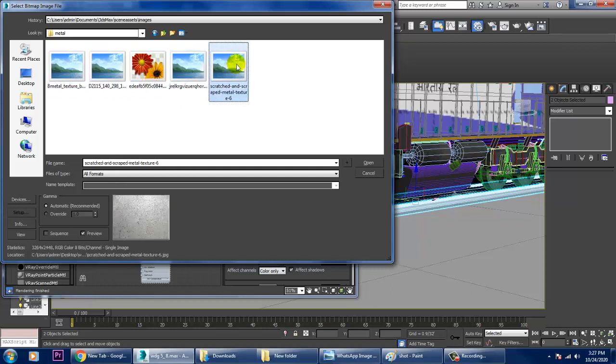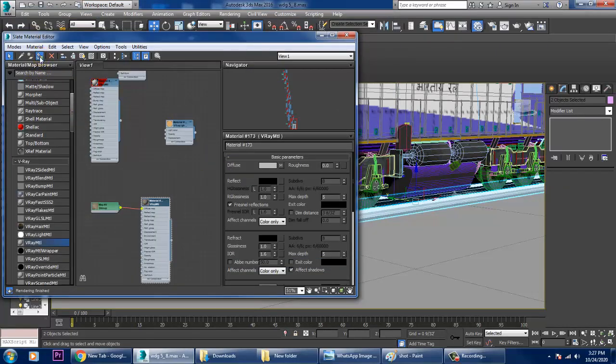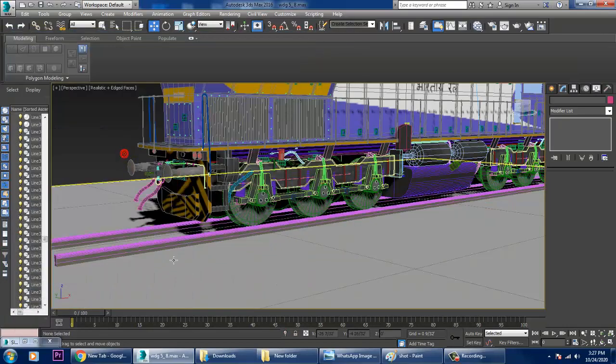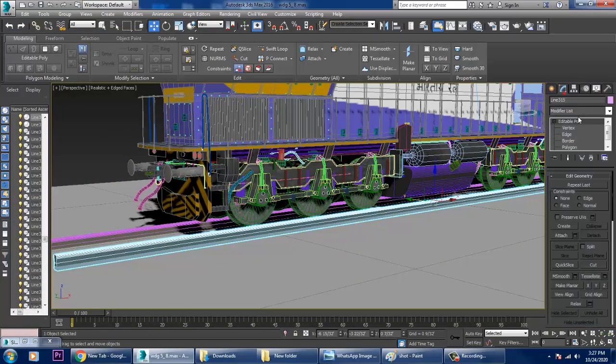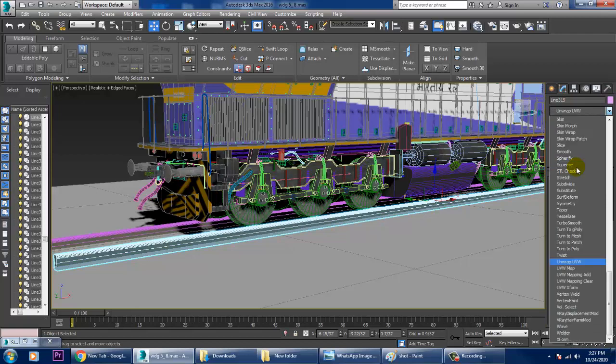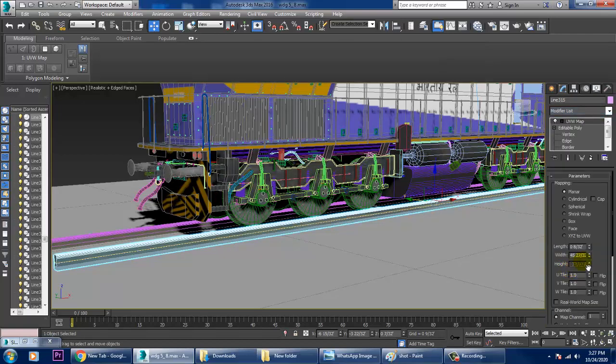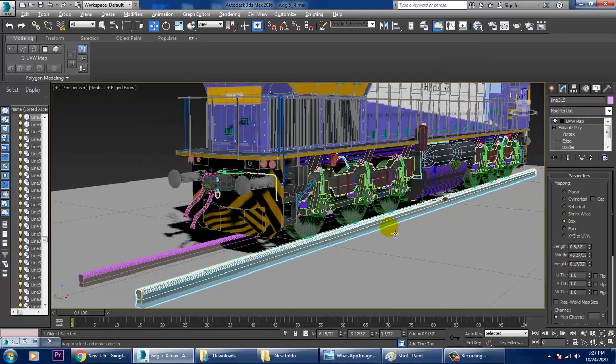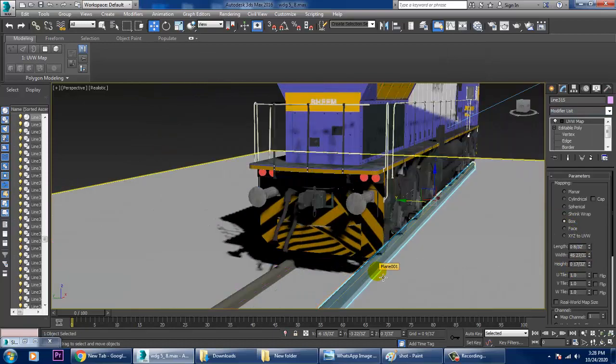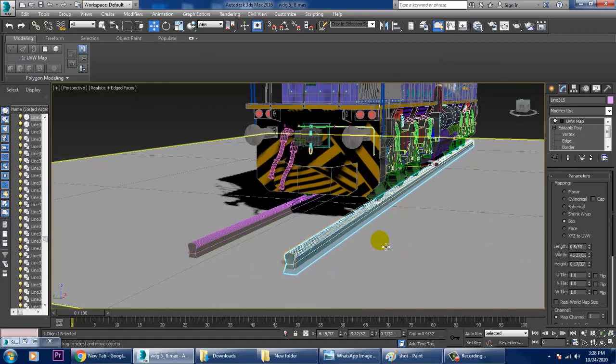We can give any kind of metal texture. That's it. We can select this and give again a UVW map. Let's give it as a box. You can look at it.